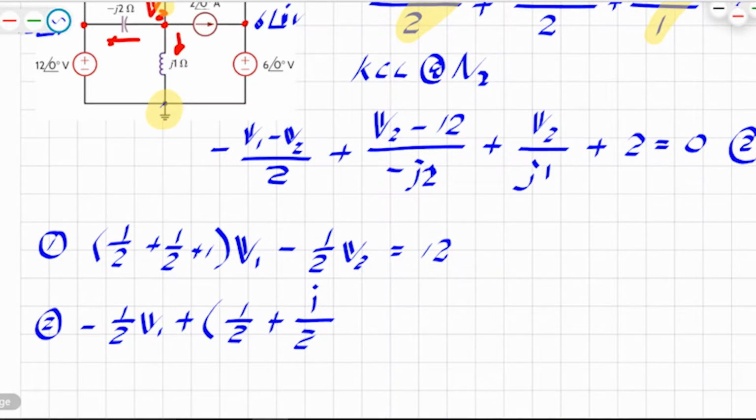That's term. And then we do the same thing here. We have a plus -J. So this is J times J, J times J, J. That gives us a -1 here. So -1